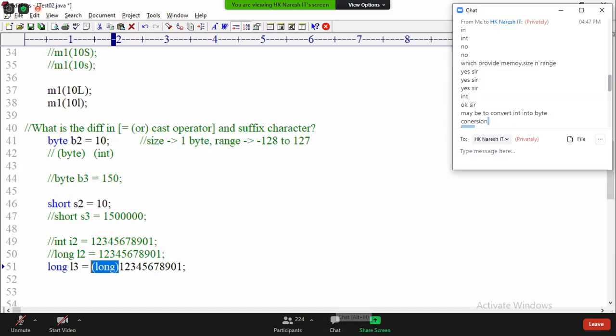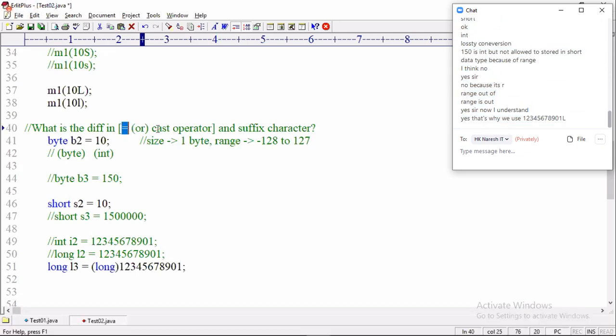I already told you, assignment operator and cast operator are both the same, no difference. When it does not work with the assignment operator, how can it work with the cast operator? Currently the problem is not with storing, the problem is with the number.